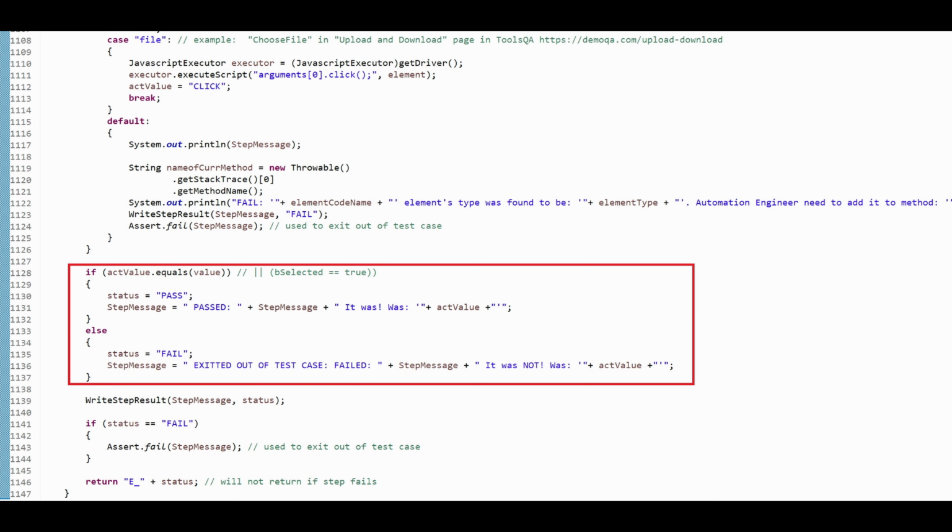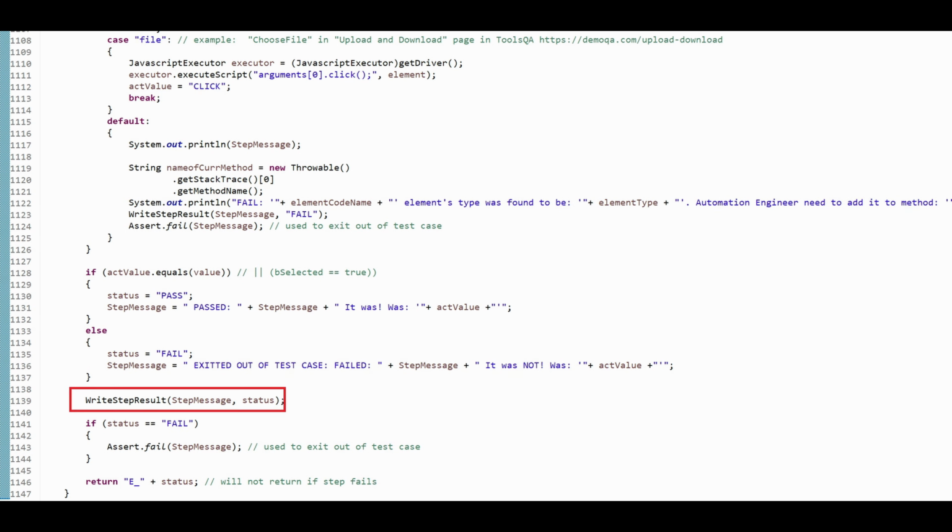The variables holding the report message and status of the test steps are set here. Then these 2 variables are passed into the writeStepResult method, where it will report the test steps as passing or failing into the HTML reports. If the test step failed, the assert method will stop the test case execution just like it would have in a number of other places coded for in this